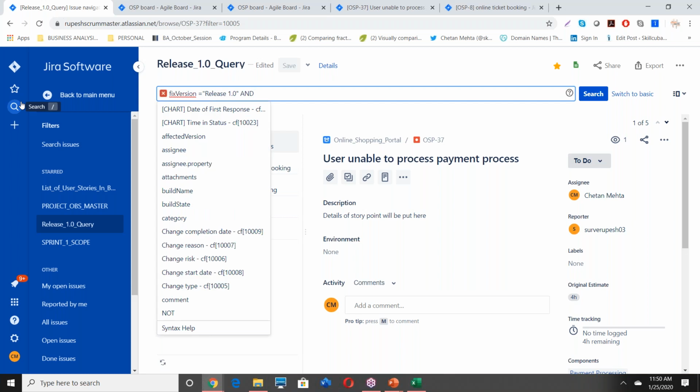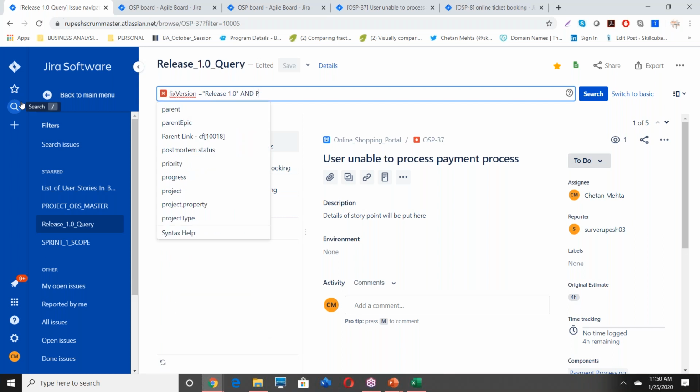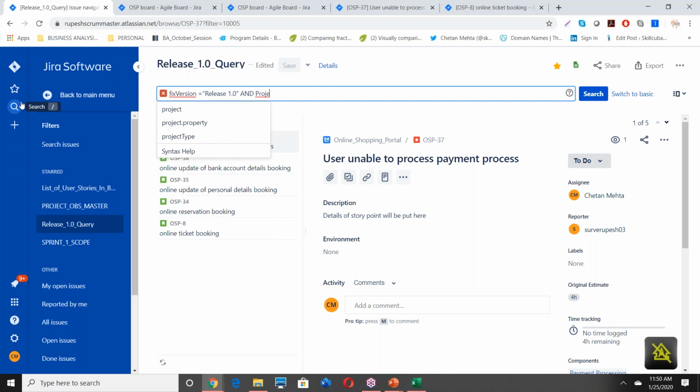And let's say project, online shopping portal.